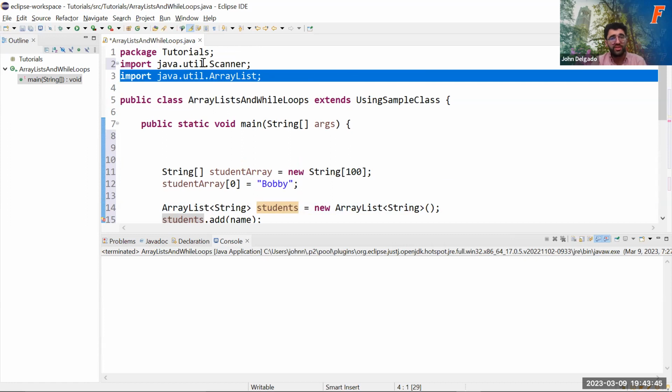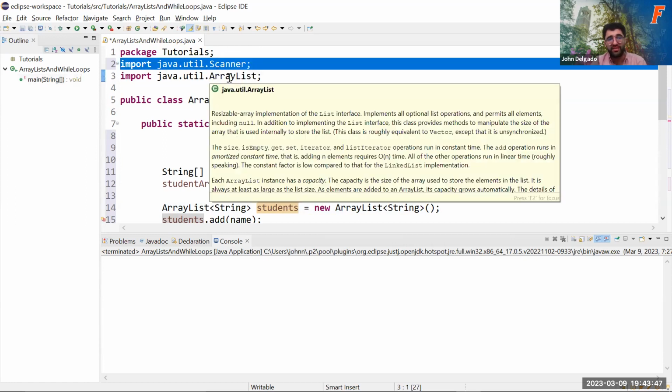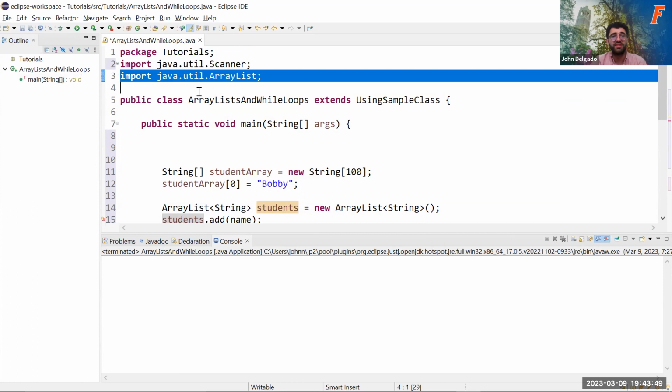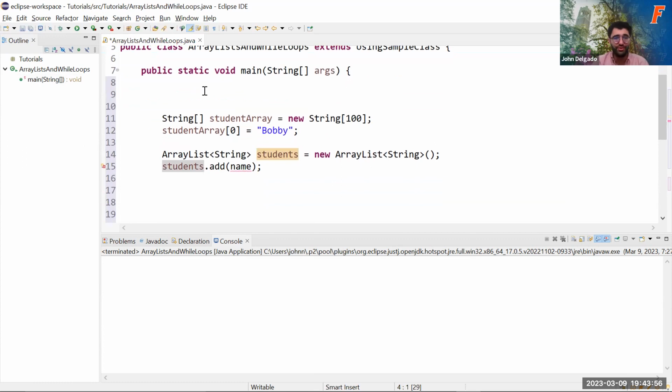In the same way that you say import java.util.Scanner, you also need to say import java.util.ArrayList to use array lists. This might indicate to you that array lists are a little more special, or at least not default, compared to arrays. And then to add to an array list, let's say